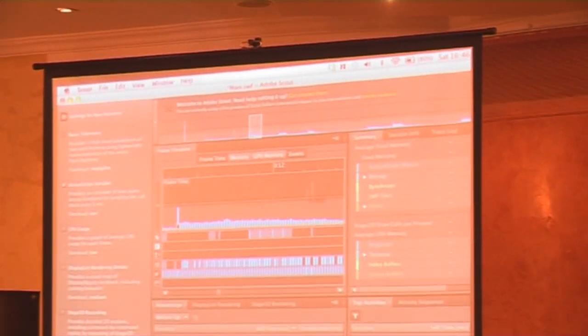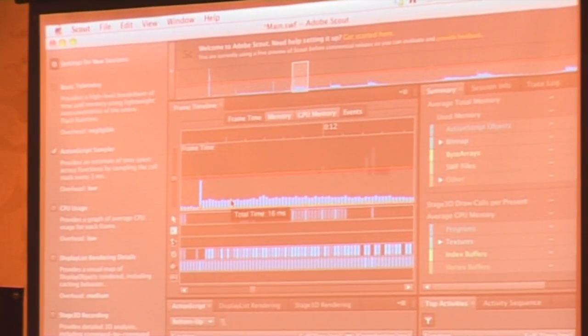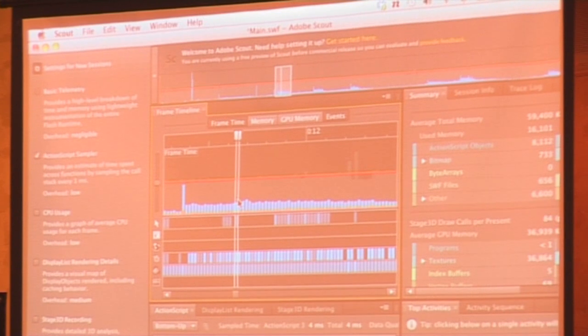But if we have a look at what's going on in Scout, we can see that we do have areas where we have some activity going on with the CPU, not necessarily going over the red line, but getting close to it and so on. This is again down to the amount of data that it's having to fragment and push up to the GPU separately. Now I'm going to run the optimized version for Away3D 4.1,